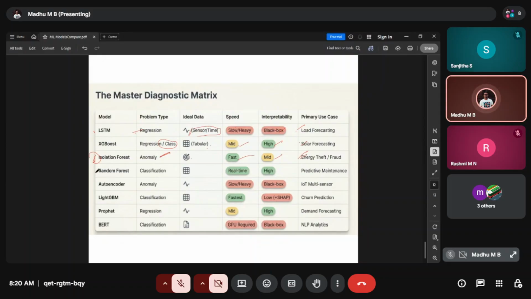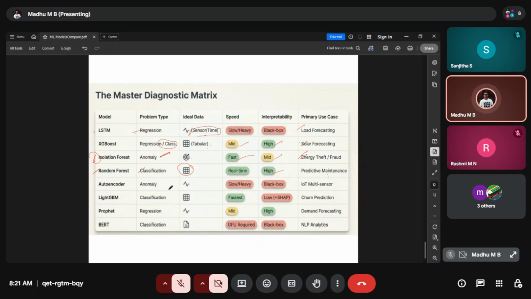Coming to the random forest, it is required when we have a classification problem, ideal for tabular data, for real time, and the primary use case is higher predictive maintenance. The other one is the autoencoder.